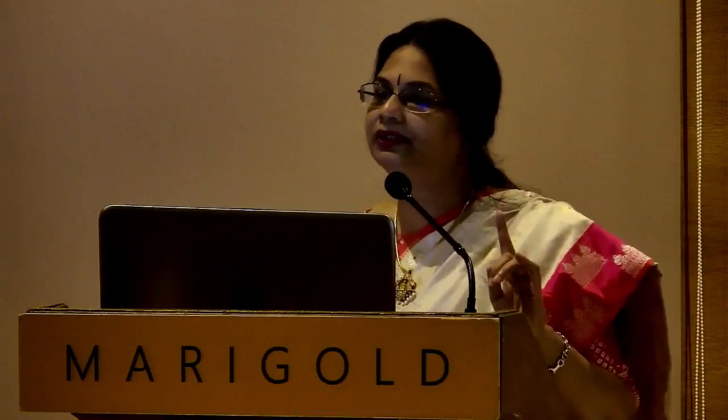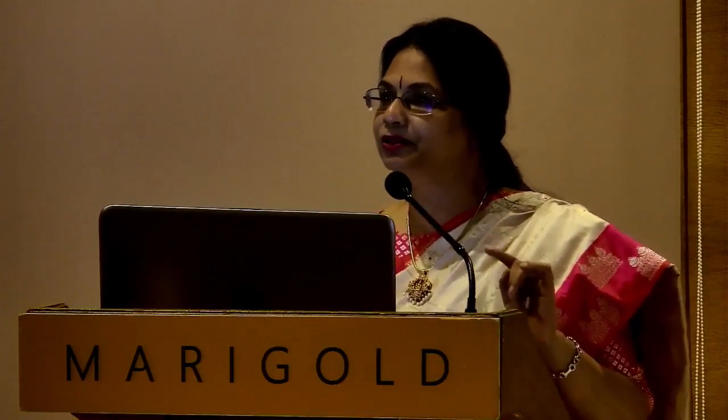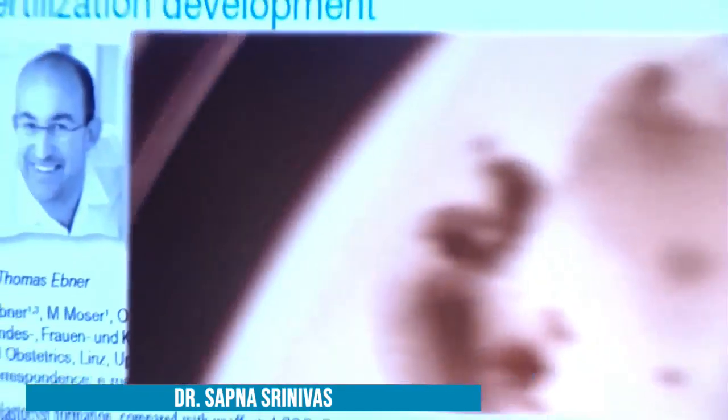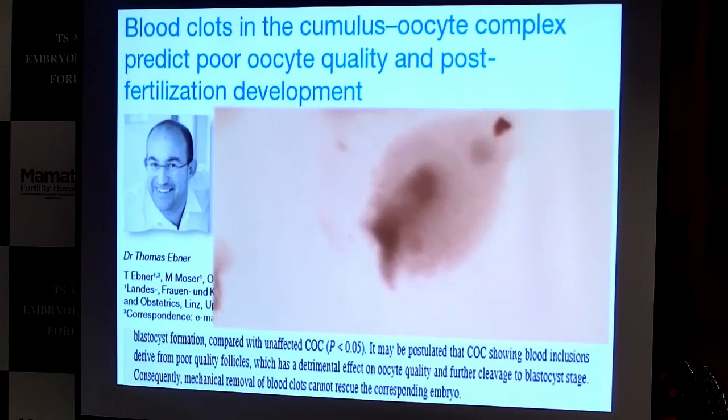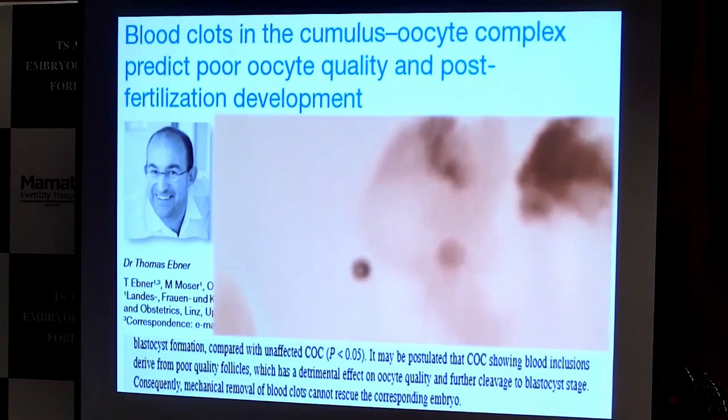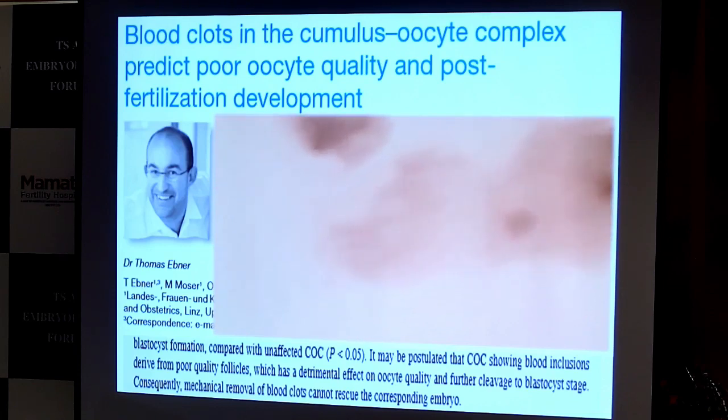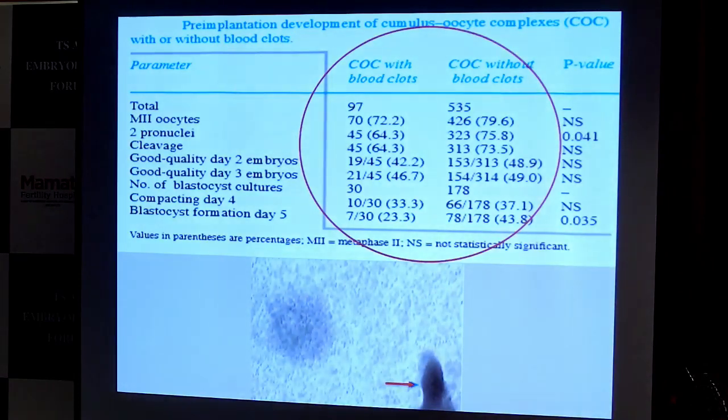Now remember one thing: when we see blood clots like this in the cumulus, our tendency is to cut them off and remove them. It has been shown that blood clots attached to the cumulus, something like this in this video, are associated with problems in that egg as it is undergoing maturation in the follicle. So whenever you see blood clots, try to separate out the oocytes and culture them separately, because Ebner's group has shown that the blastocyst formation rate of oocytes carrying blood clots in the cumulus is as low as 23% compared to 43% in